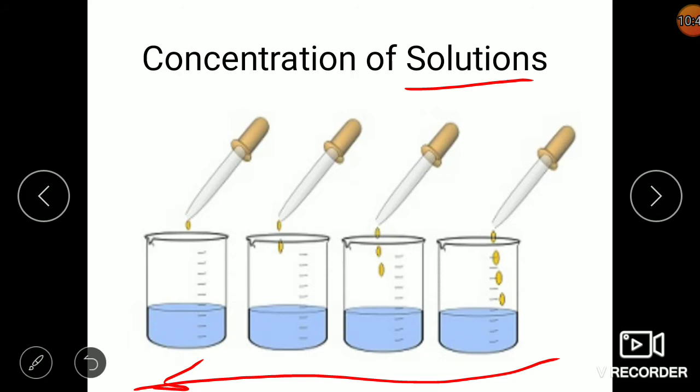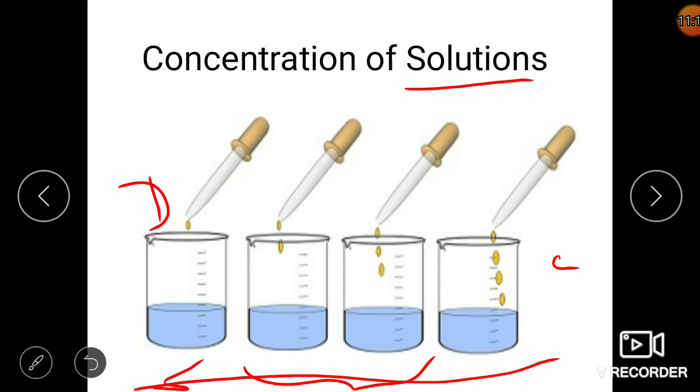Now, how do you express the concentration of a solution qualitatively? This one you will say is dilute, because here the solute is very much less, and here the solute is more compared to this. So this is your concentrated solution. Very simple: the solution where the amount of solute is less is dilute, and the one where the amount of solute is more is concentrated. So these two are qualitative terms. These two ends are easy. But what about the middle two? What about this?